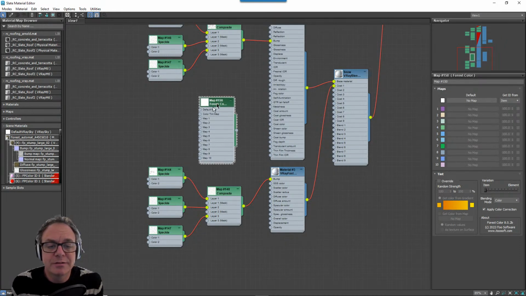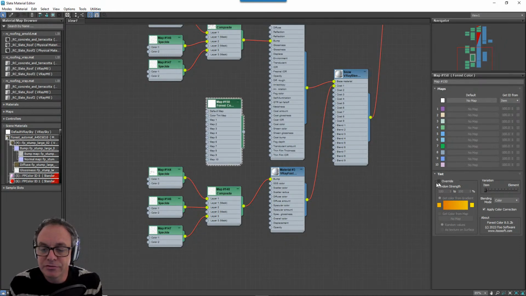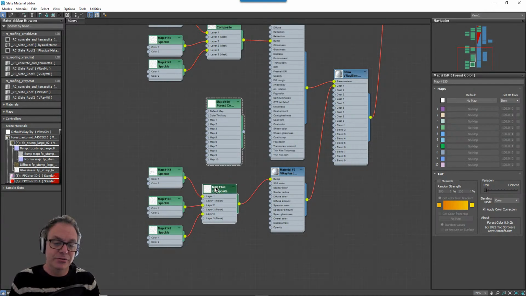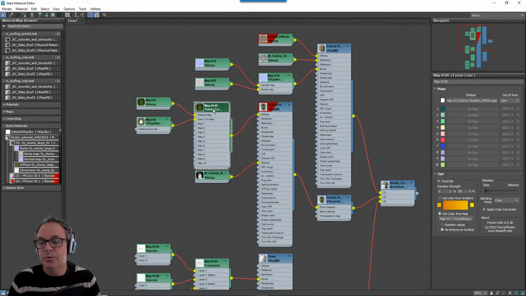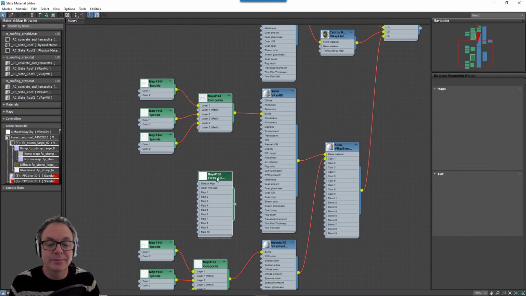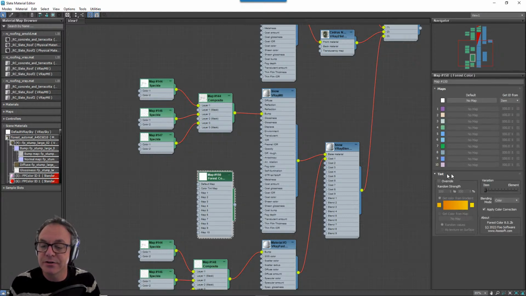And what we need to do is to make sure with this that override isn't on. Okay, so override needs to be turned off, and this is also how you can control which forest color maps can be used for masks, because any other forest color map I've got in the scene, like this one for example here, I don't want that to be outputting black and white, so I need to make sure that override is on in that case. You can see there it's turned on. This one here, which I'm using for a mask, is turned off.